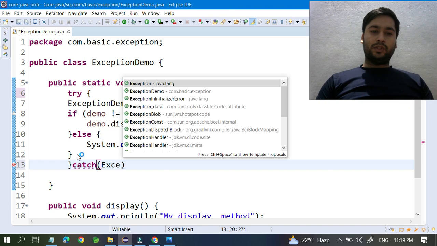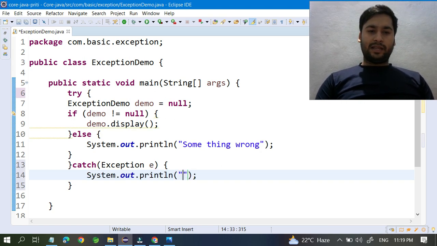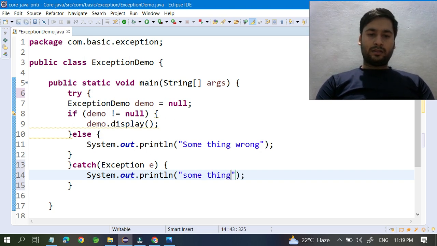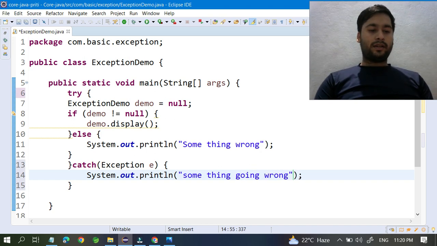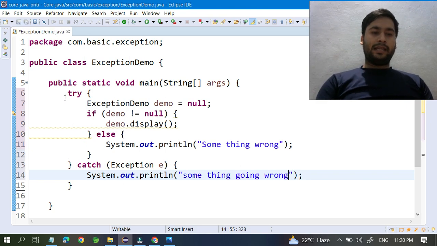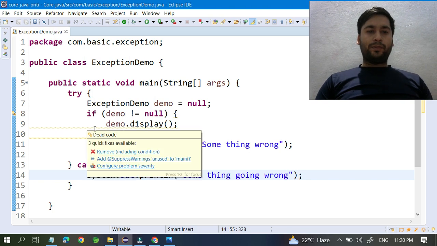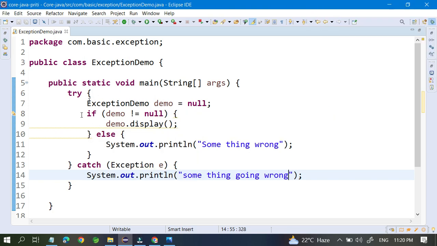So this is good programming, or a good style of writing code. I'm just giving the demo: "something going wrong". It means an issue has happened, so you can simply use the try and catch block and handle the exception. Okay, so I hope you understood what the null pointer exception is,